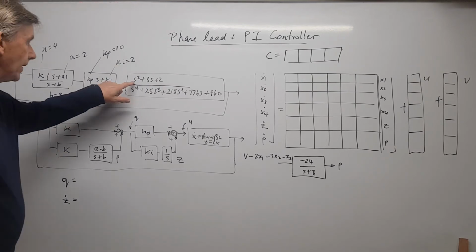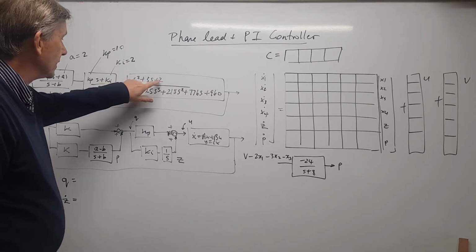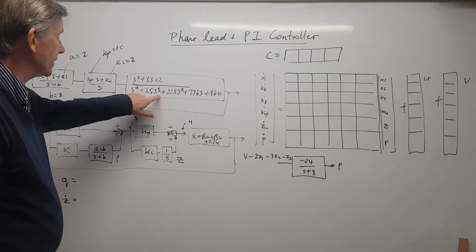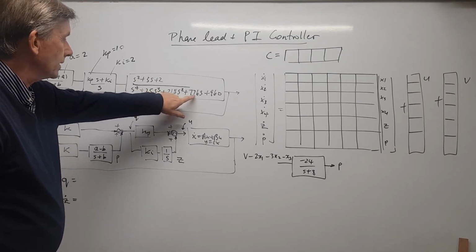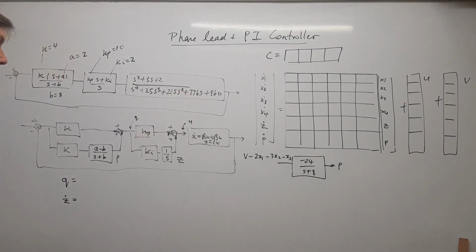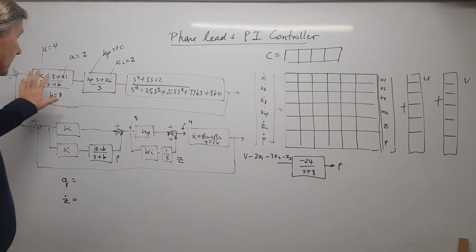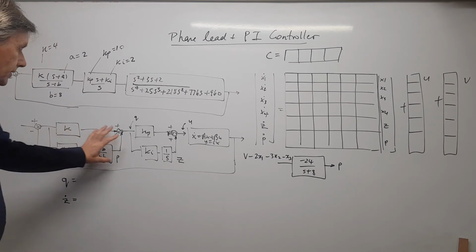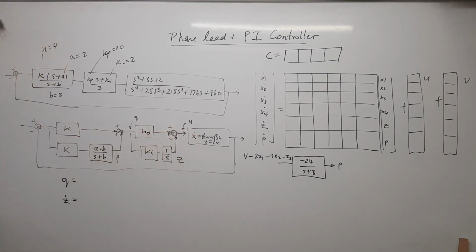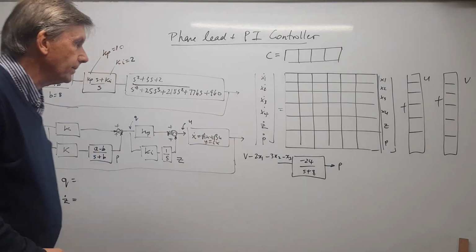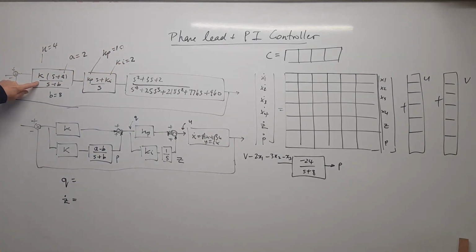And I've got a system here, (s squared plus 3s plus 2) over (s to the 4 plus 25s cubed plus 218s squared plus 776s plus 960). So it's a fourth-order system. Now the first thing we need to do is to simplify this back into the form that's going to suit our state space representation. And so the first thing to do is split this phase lead into a K